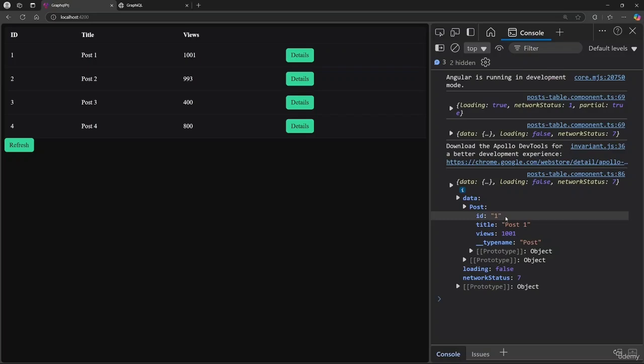Now the next step is to make the query dynamic, so that we can pass the ID of the post that was clicked and fetch the correct data for that specific item. But we're missing something here. The comment field isn't showing up in the response. That means we need to go back to the code editor and update our GraphQL query to include the comment